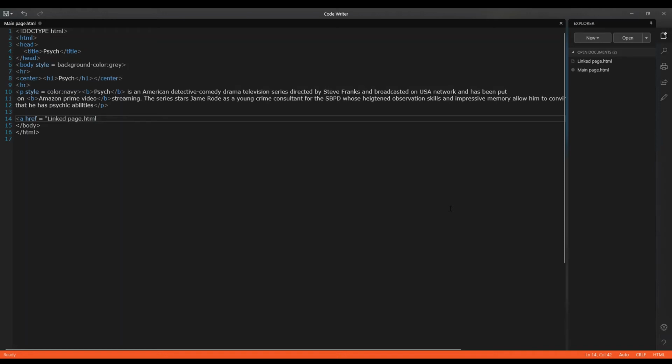This is also popularly called hyperlinking. The H stands for hyperlink reference, and I close the quotes and I will close this tag. So this is a container tag, and between the a href and the closing A tag, we have to type what we want as its display name. So let me say more information, and then when we click on this more information, you will see we will go to the linked page.